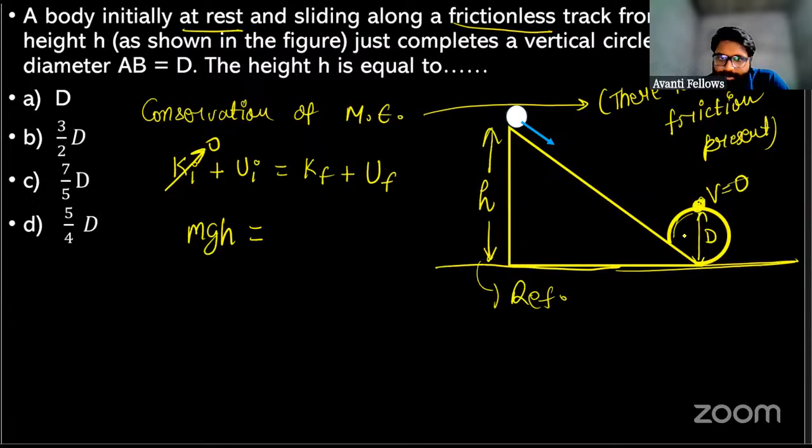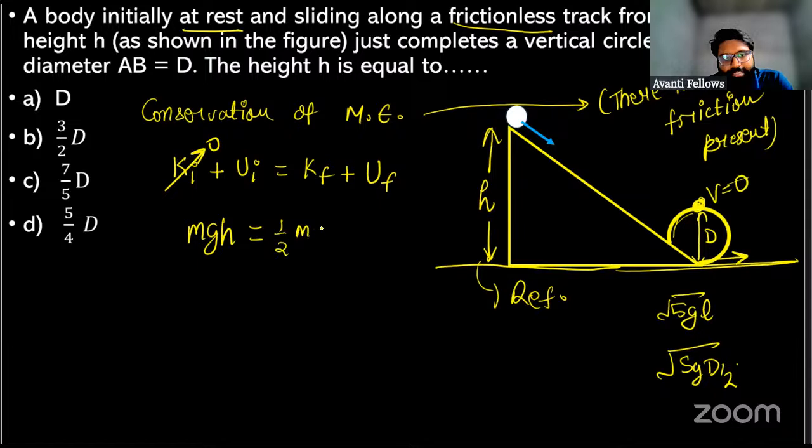We know that to complete a circle, the minimum requirement of the velocity at the lower end is root 5 G L, where L is the length of the string. So here it will be 5G D by 2. Clear? Now mgh is equal to 1 by 2 mv square plus the final potential energy